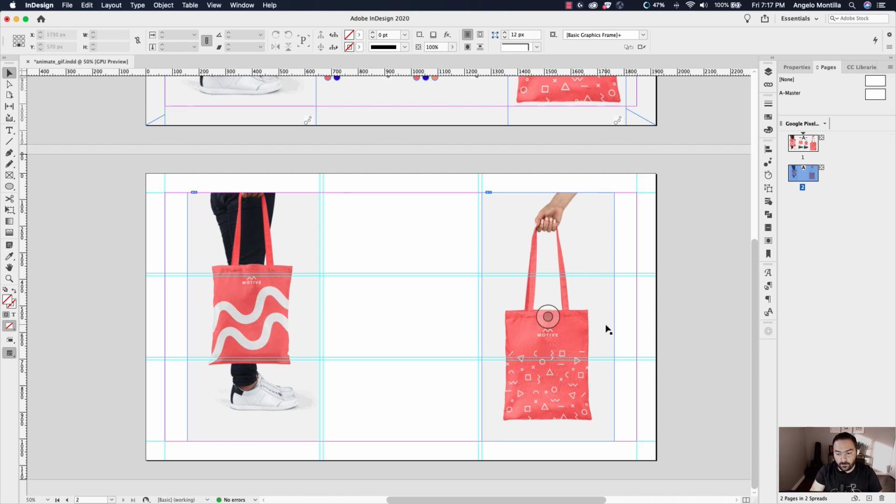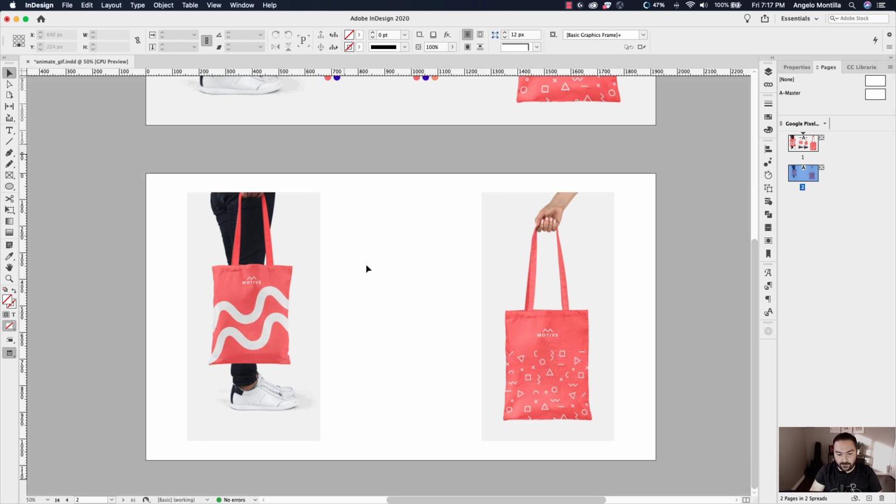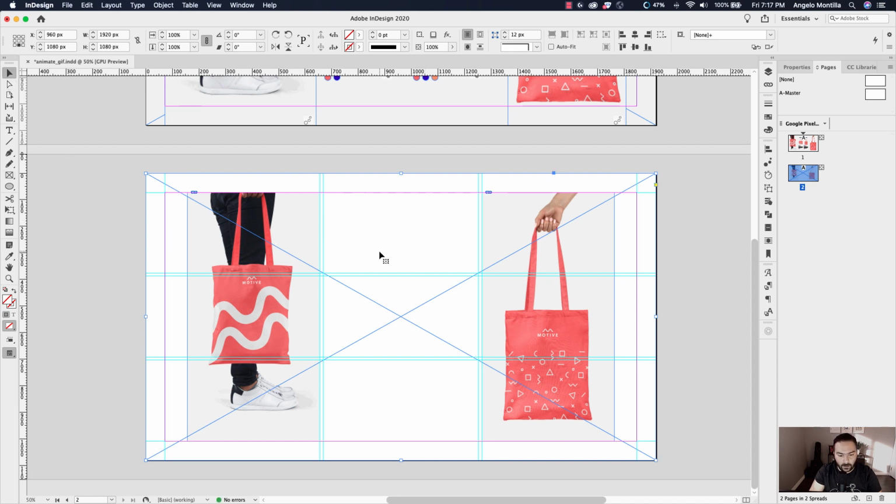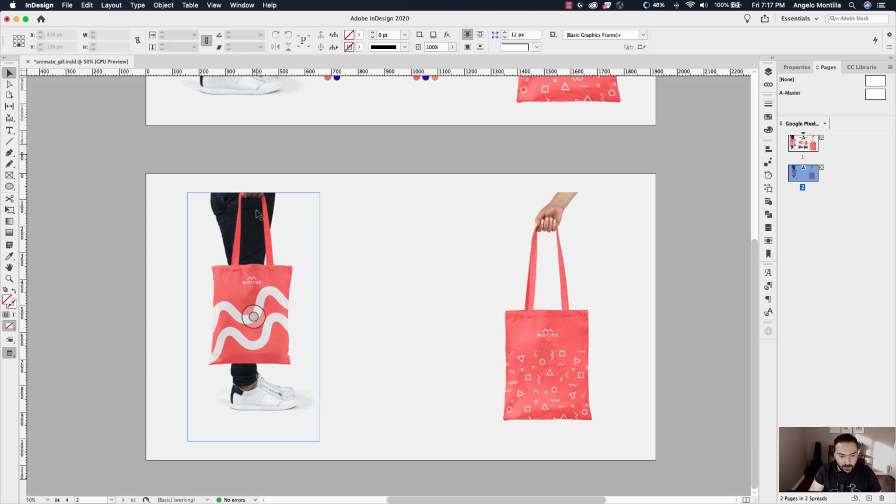Now, because I didn't remove the background, if you notice, if I take my guides off, we have a white background and then this grayish background. So what I did up here and what I'll do in this case is just create one big rectangle frame. Let's send it to the back by holding Shift Command and your square bracket. And with it still selected, go ahead and grab your eyedropper tool and click anywhere on this background, and you can see it'll match it up and you get a seamless transition throughout. Another option would have been in Photoshop just to remove that background. That's an option as well, but because